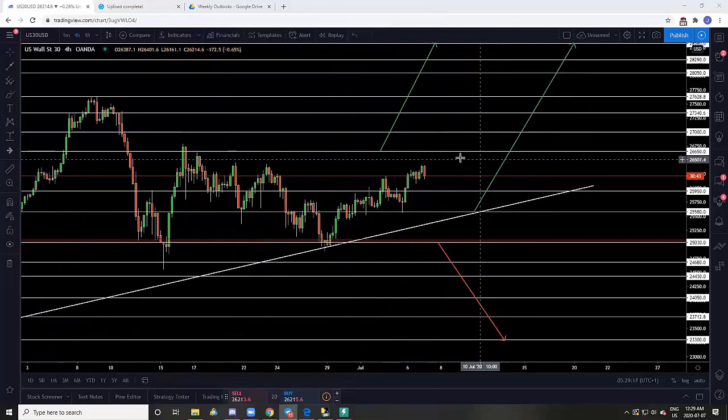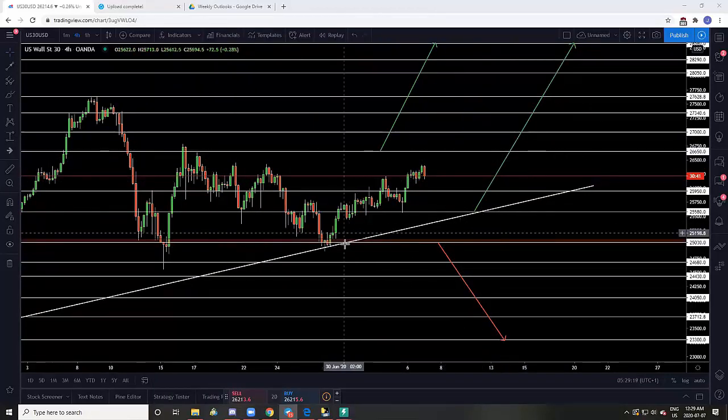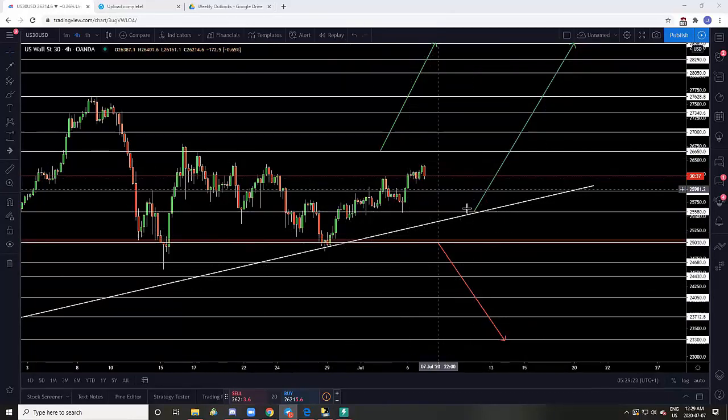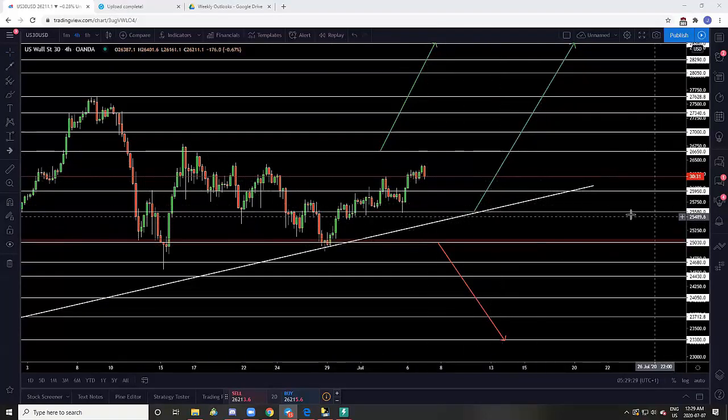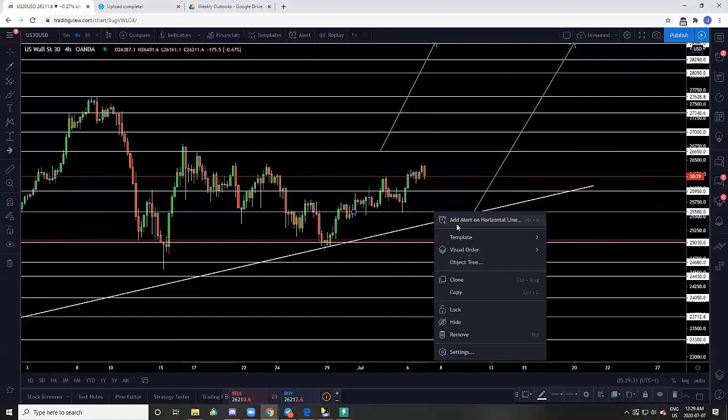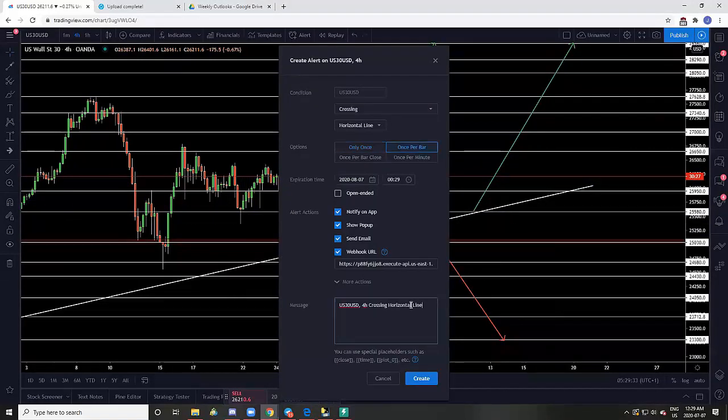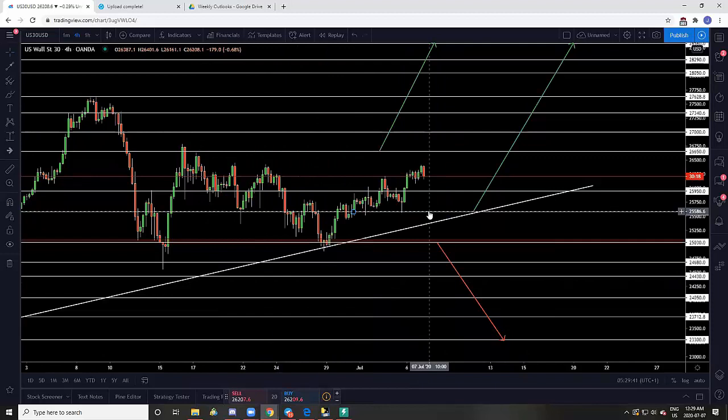But yeah, that's what I see for Dow Jones. Any questions about how we map the key levels, the market structure? Otherwise, we're looking for breakout buys above 26,650, or a retest of the market structure at 25,580. I'll set up price alerts. These levels are pretty much the same as last time. They might just be off by 20, 30 points.